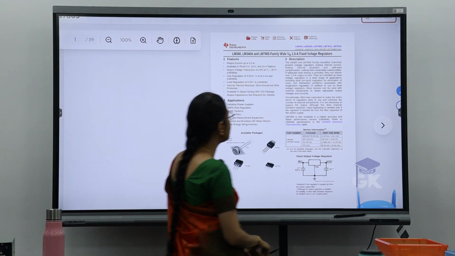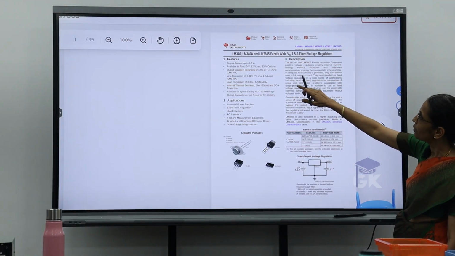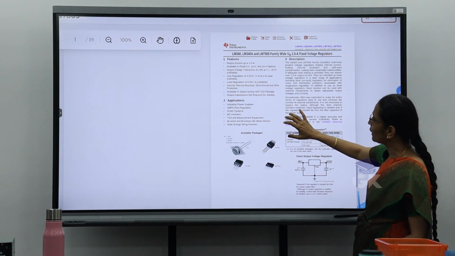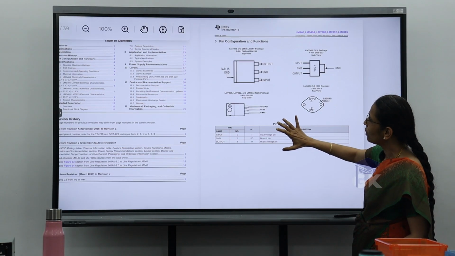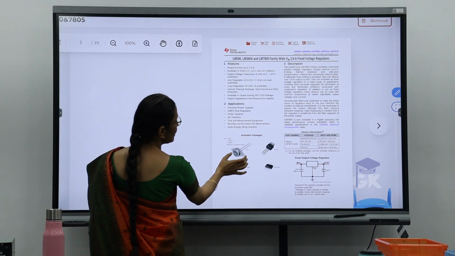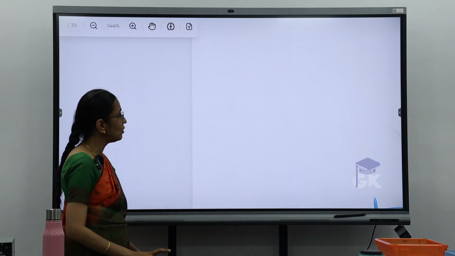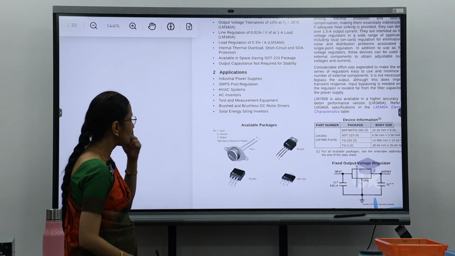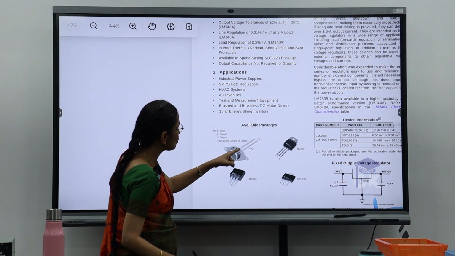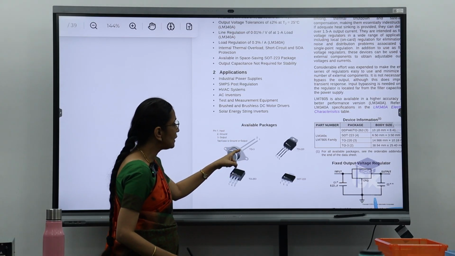So this is the data sheet of your LM340 as well as LM7805 series. Okay, so this is basically from Texas Instruments. I think all of us know about the company Texas. Yes. So here you can see the features as well as the packages of your 78 series. So here the first diagram, I have pin number 1, 2 and then 3 is nothing but this case itself. It comes as a TO3 package.